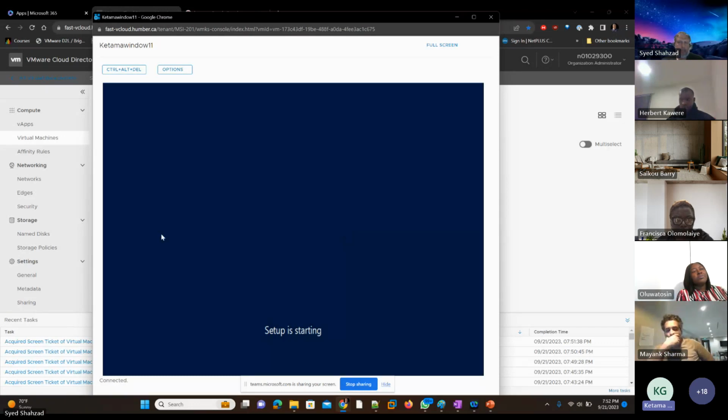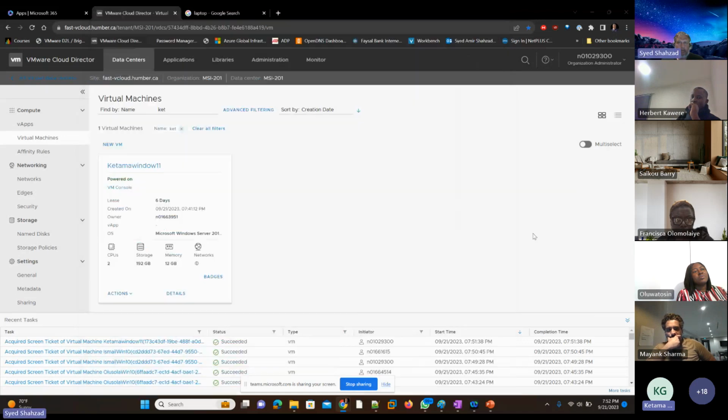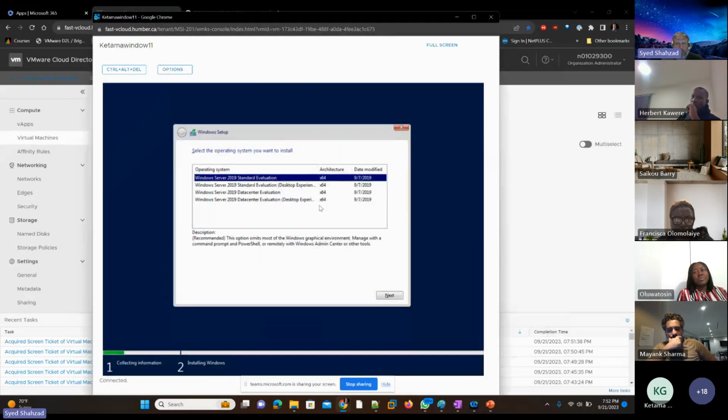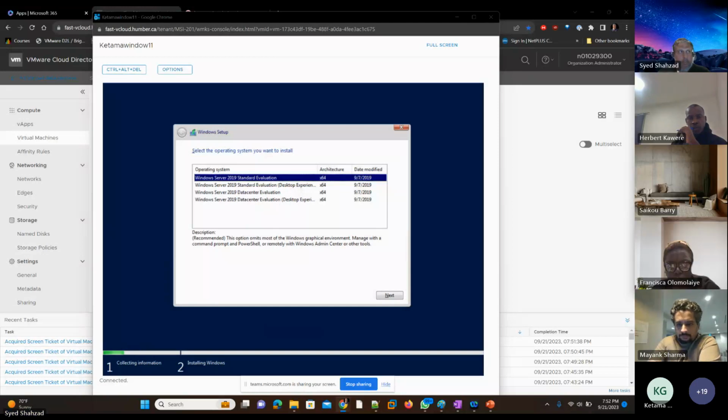Do you mind if you write the shortcut in the chat for us? Yeah, sure, no problem. So it's Alt plus N for clicking next. So this is in the chat now, guys. I hope you're able to see that. And then Alt plus I for clicking install. It's whatever character is underlined. Okay, so Mayank, it's